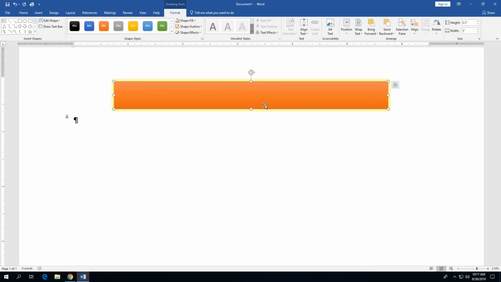Alright, so just verify that you've got all the formatting applied to the shape. Our next step, after we've got the shape color and the outline and the glow effect added, is to insert the company name, or in this case the college's name, into the shape to create that part of the letterhead. So to do that, you're going to right click the shape,